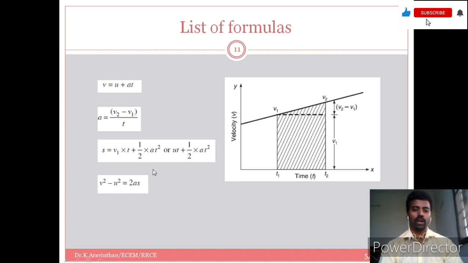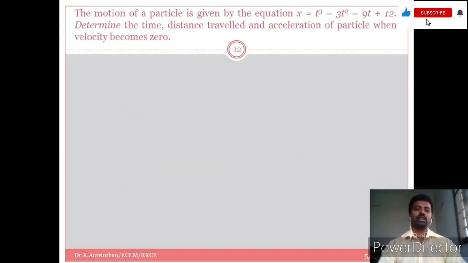So if you are identifying a particular kind of problem, with both the component of velocity and speed along with acceleration and displacement, you can use this formula. According to the particular problem and with the given data, whatever things we know, we can use this formula in order to find the three components. So let us get into a topic and solve some problems regarding the rectilinear motion of an object.